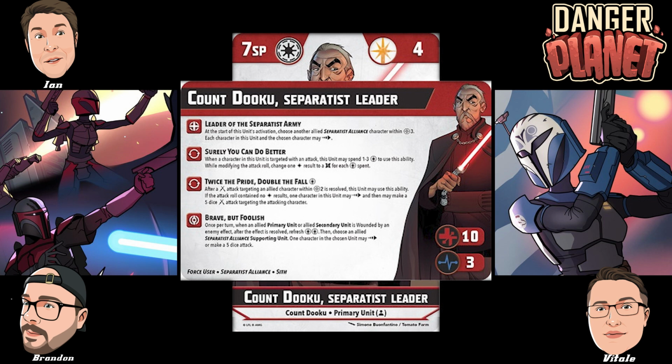Called Twice the Pride, Double the Fall. Take cost of force to use. After a melee attack targeting an allied character within range 2 is resolved, this unit may use this ability if the attack contained no hit results. 1 character in this unit may dash, and then they may make a 5 dice melee attack targeting the attacking character. The trigger for this one is just too...